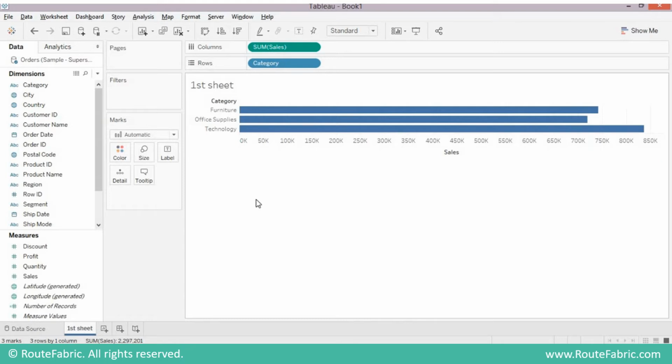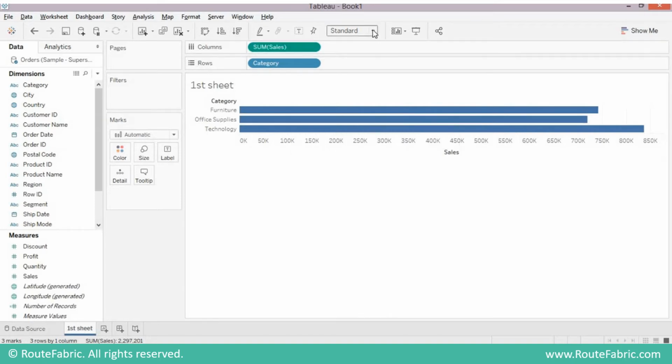So you will swap the rows and columns while doing your regular work. You'll swap it so often that it will be very important when you're designing your dashboards. And the next two buttons are sort buttons. So this is sort by ascending and this is sort by descending order. So you'll use both of them quite often.